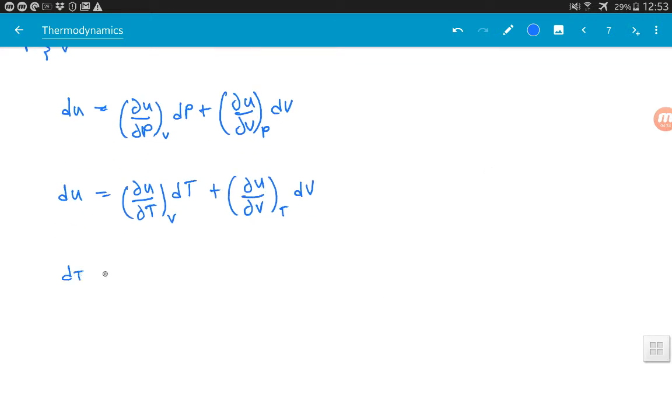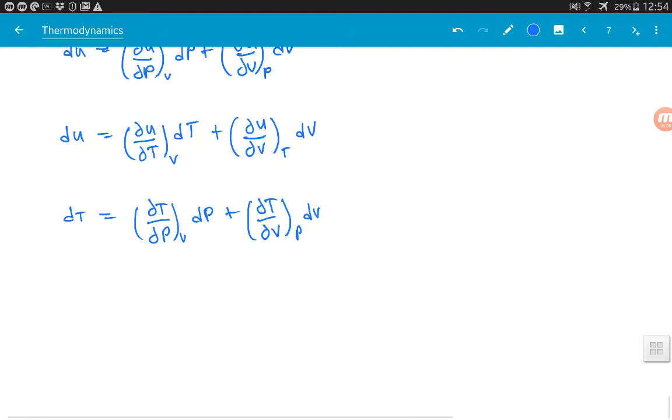By having dT equivalent to, this is the state equation, the change of temperature due to the change of pressure. This one is at constant volume, change of pressure, plus the change of temperature due to the change of volume at constant pressure. So we already have dT. Then if I put it here, we will only have dP and dV. So I can rewrite this equation